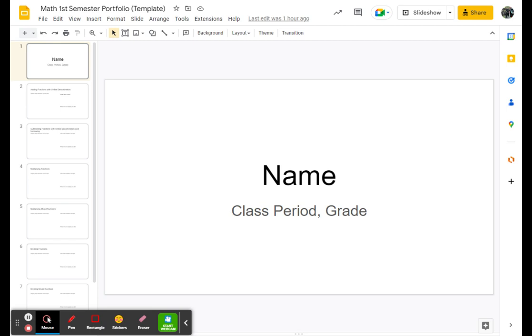So, slide 1 is going to have your name, your class period, and your grade on it. And I've set this up for you. Slide 2 through 7 is just going over different fraction topics that we've had with adding, subtracting, multiplying, and dividing fractions. Okay. And then the last slide is just a conclusion slide where you're answering the questions that I've typed